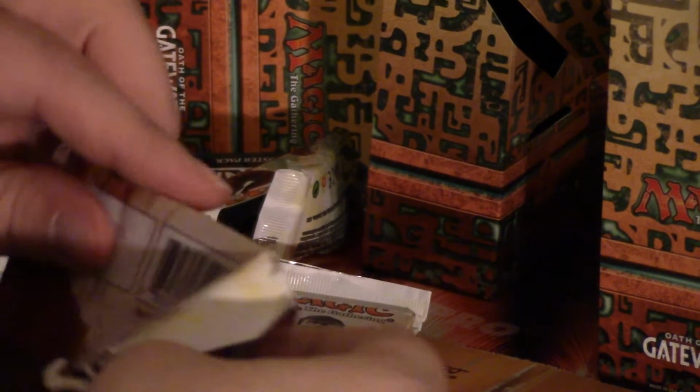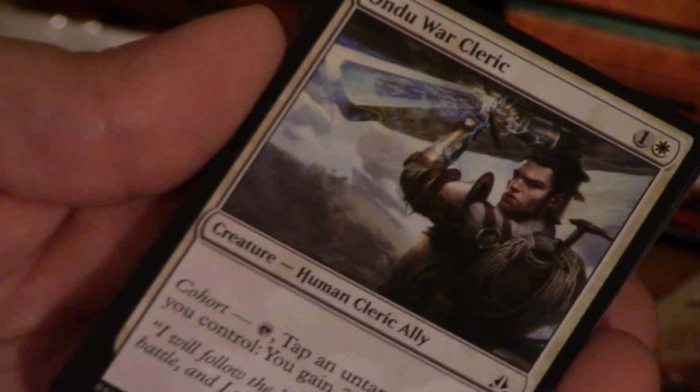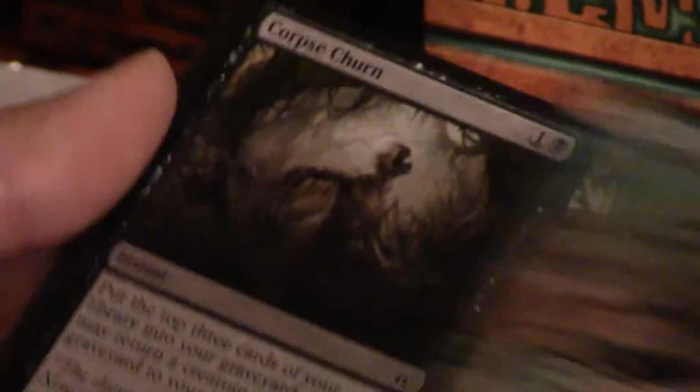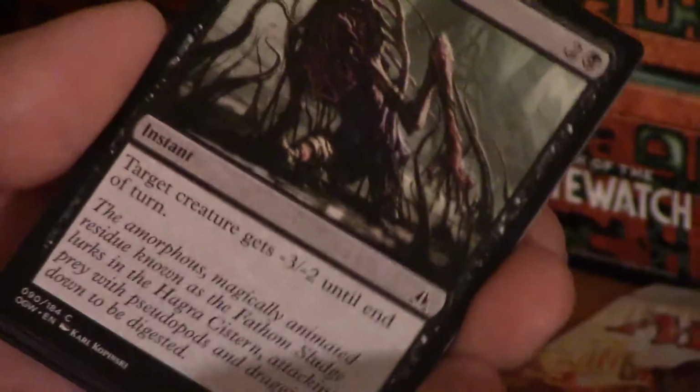We start with a Nissa pack, Nissa taking her oath. Let's see what we get. If I can get the cards out, here we go. Mighty Leap. I've seen a lot of Mighty Leaps today. Consuming Sinkhole. Ondu War Cleric, also with a Vegetable Peeler Sword, but this one is crackling with some kind of energy. Lead by Example. Corpse Churn. Natural State, Hedron Crawler, still think that guy's adorable, Isolation Zone, Tar Snare, Cinder Hellion,